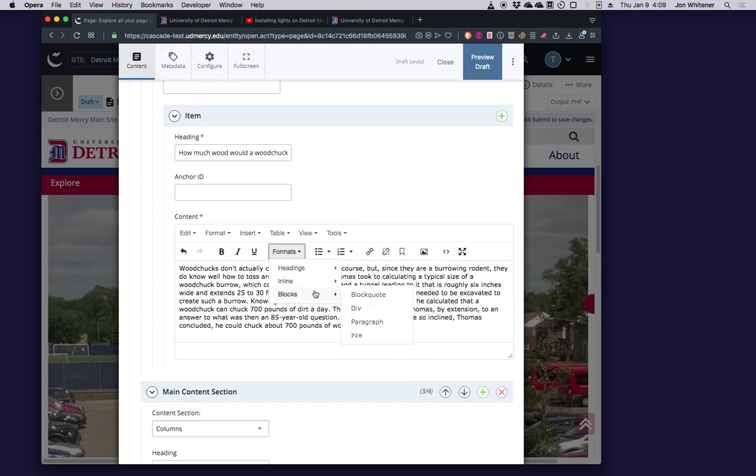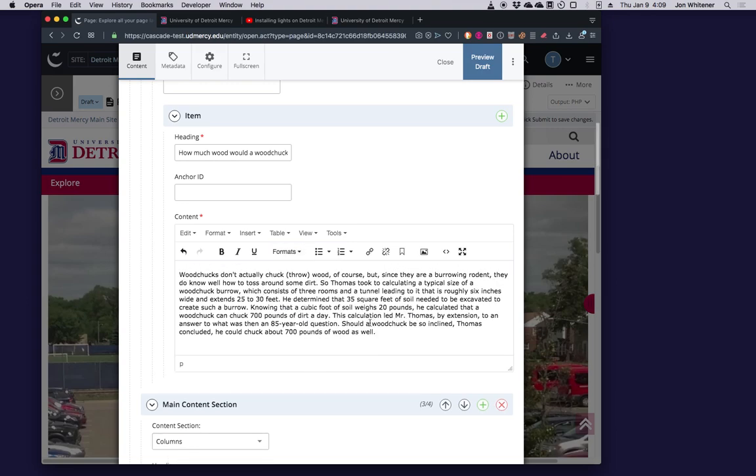But also, for blocks of text, that gives you the option of paragraph, which is the most common content element. So when my cursor's in this block of text and I go to the Formats menu and select Blocks, Paragraph, it wraps this block of text in an HTML P tag, which just makes it more consistent in how it lays out, with the spacing and stuff like that on a page. So you might run into that sometimes.